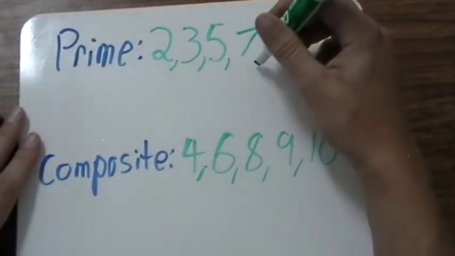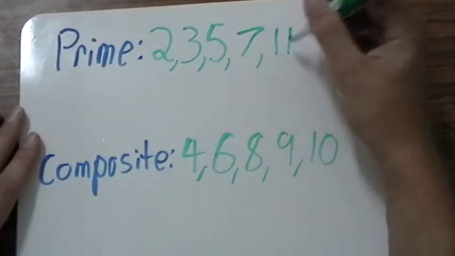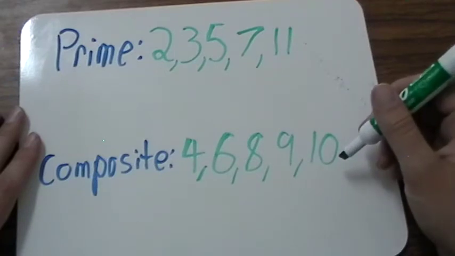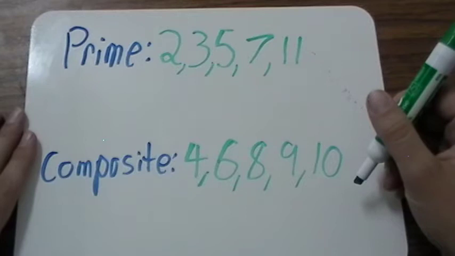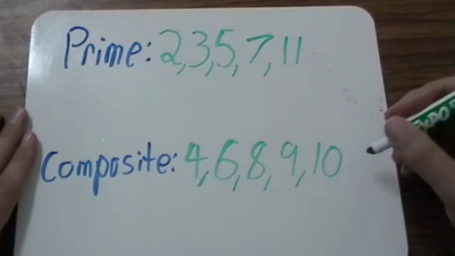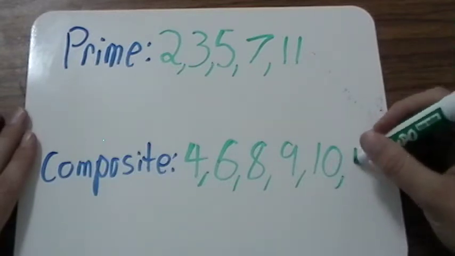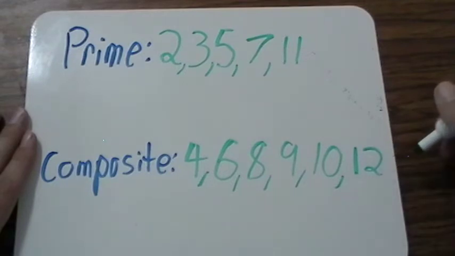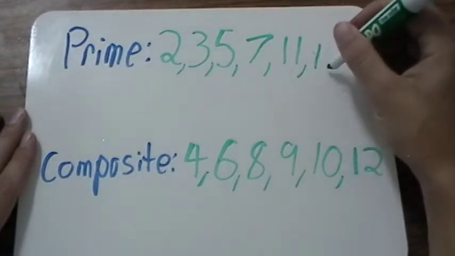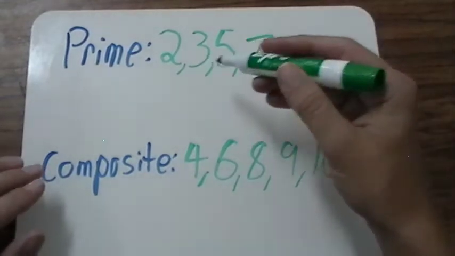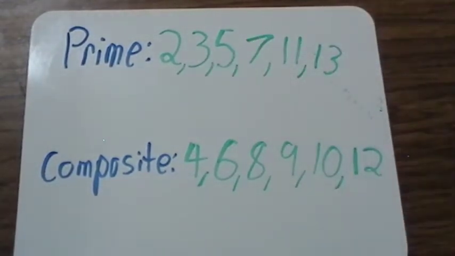No, 11 cannot be divided. 11 is prime. Can 12 be divided? Yes, 12 divided by 2 is 6. 12 divided by 6 is 2. 12 is composite. Can 13 be divided? No, 13 cannot be divided. 13 is prime. So, like I said, 5th grade, we can keep going forever, but what I want you to